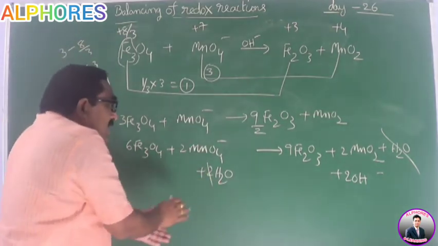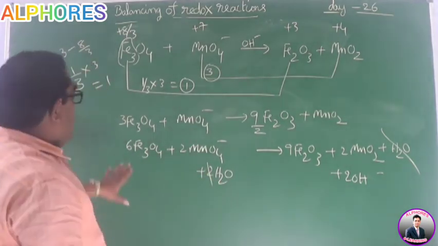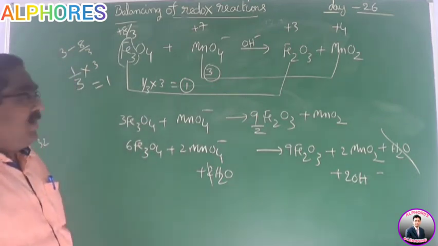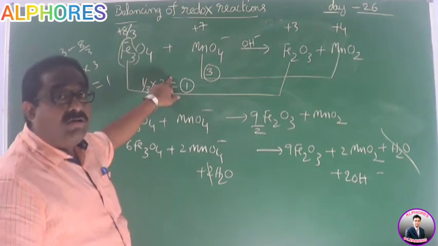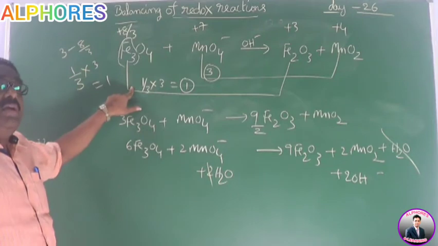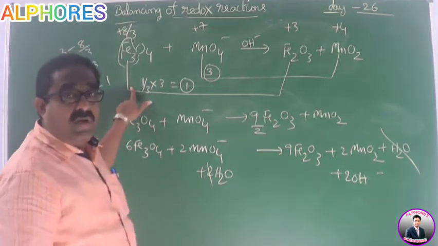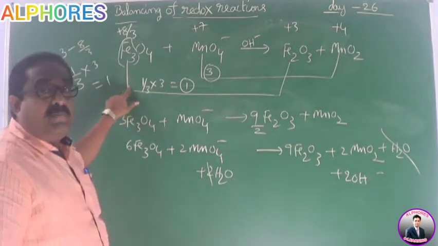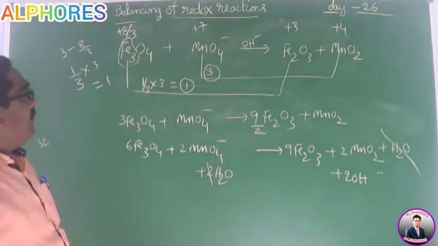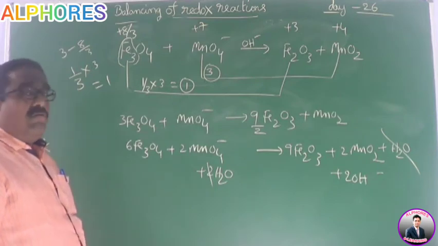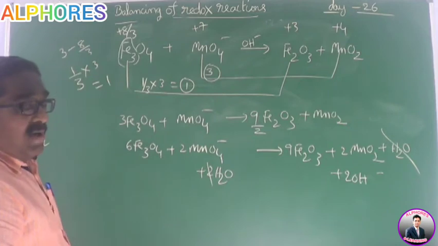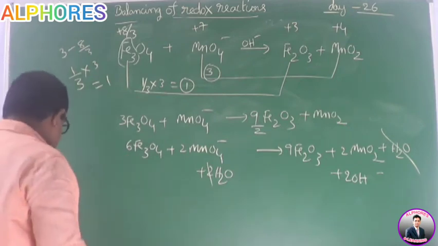A little bit complicated, but you should be very cautious while calculating the number of oxygens and hydrogens. While calculating oxidation state also, you should check whether the change is per one atom or all the atoms. This is a very crucial step at the beginning itself, otherwise you will make a mistake. So please copy this, and then I will go for the next redox reaction for balancing. Please note it down.